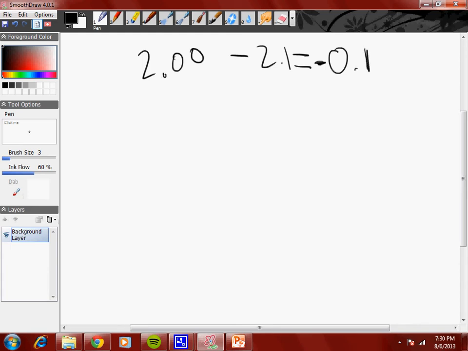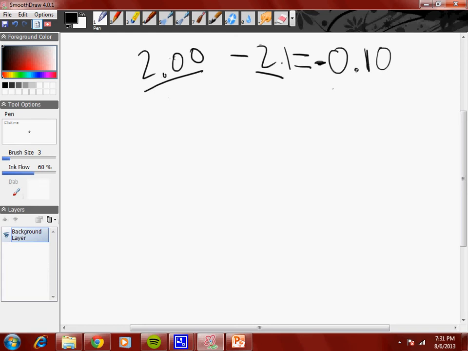But let's say we had 2.001 minus 2.1. That would give you negative 0.1, right? We would only have one. Actually, I take that back. This has 2 significant figures. This has 3 significant figures, which means that I am supposed to write 0.10,